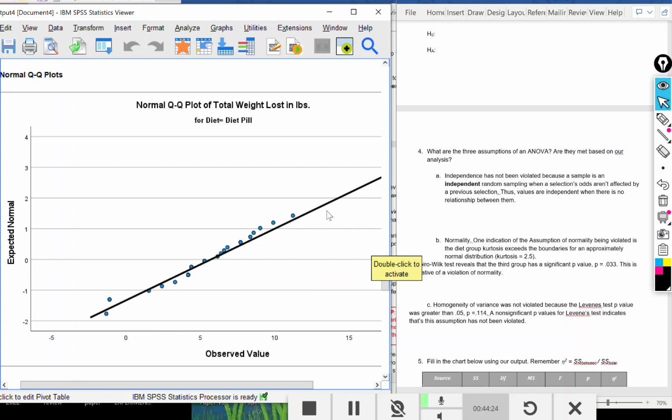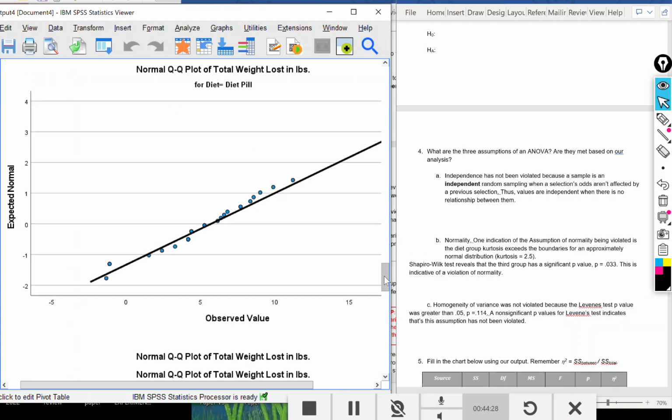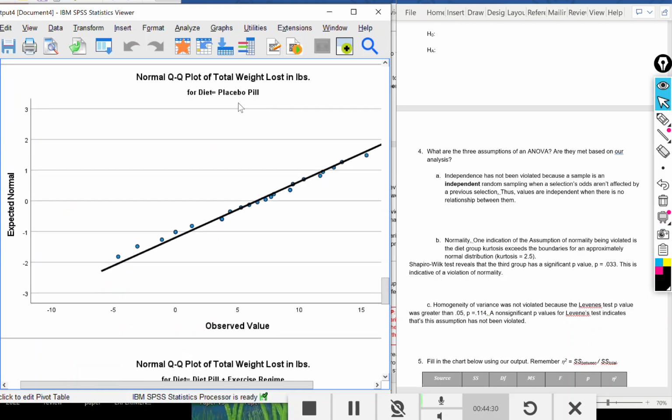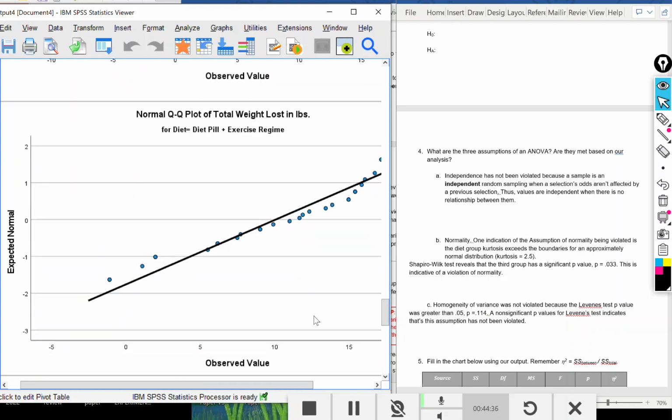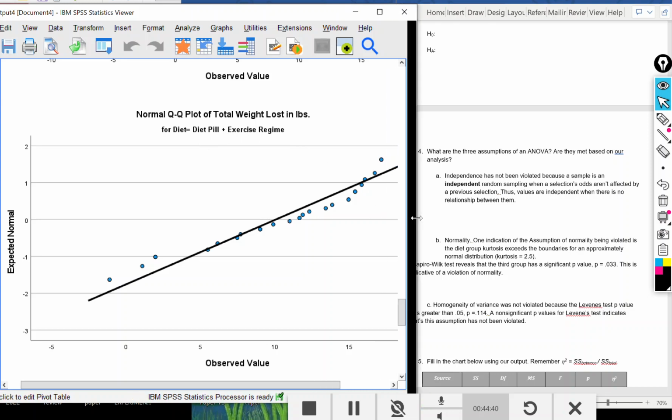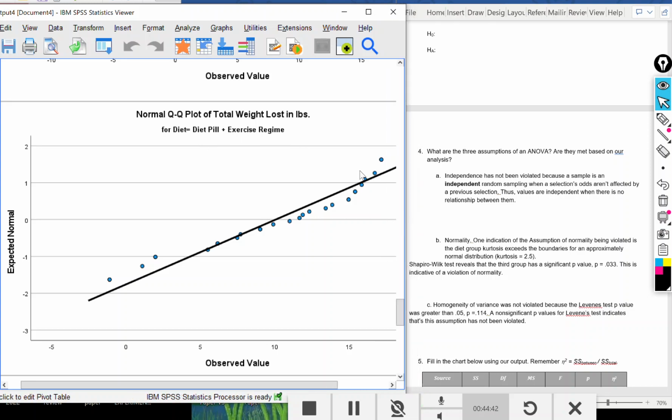So in this case, we're looking at diet pill. In this case, we're looking at placebo pill. It looks like they're towing that line pretty well. In this case, we see diet pill plus exercise. And notice here, it does